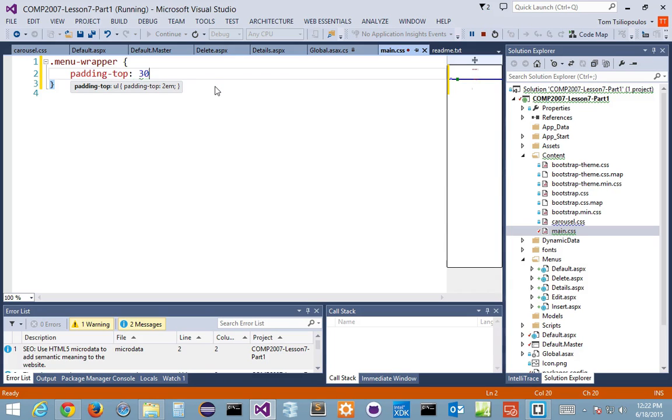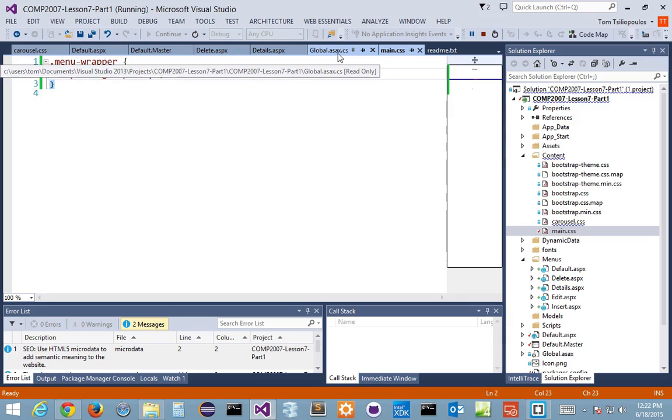And we're going to add like 30 pixels. We could add M's and so on too if we want to keep responsive. For now, let's add like 30 pixels from the top. Okay, let's see what that does. Okay, so that's cool. We only want to add this padding, by the way,